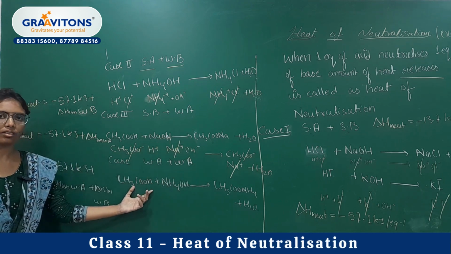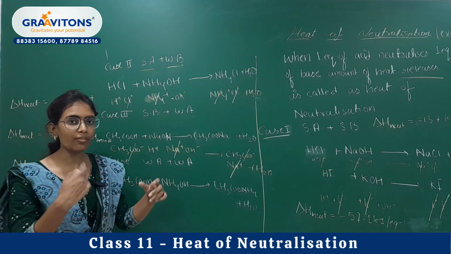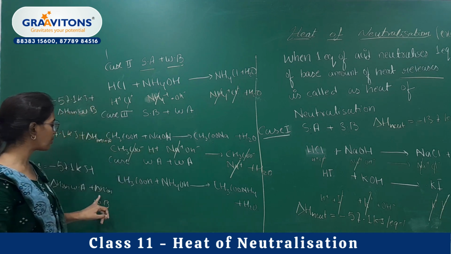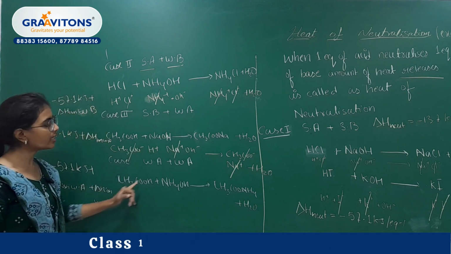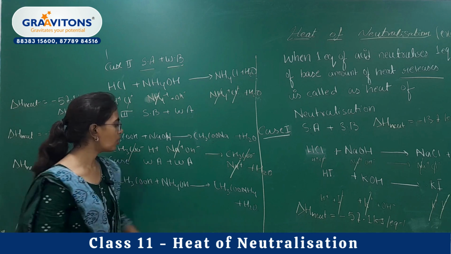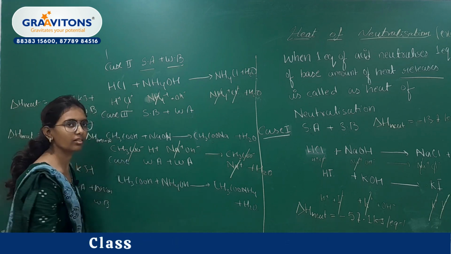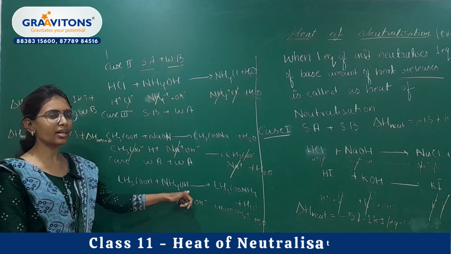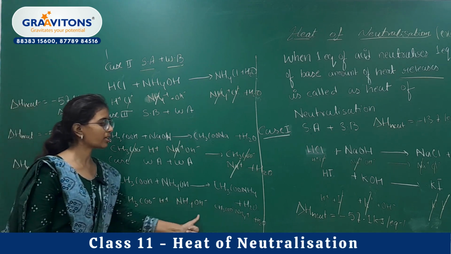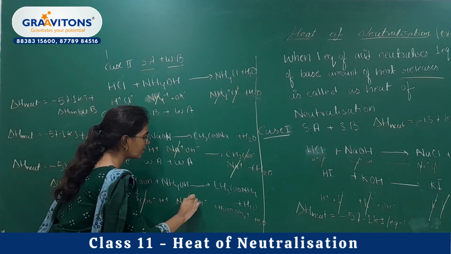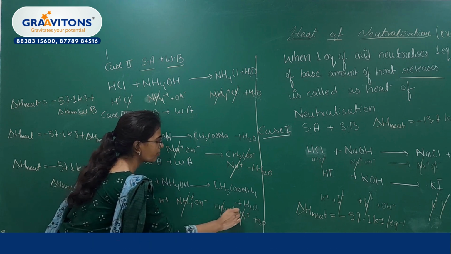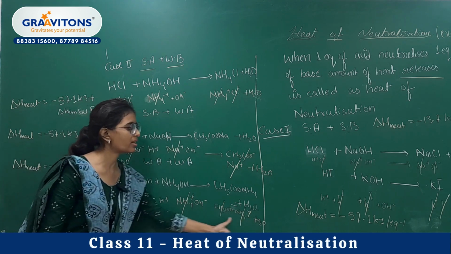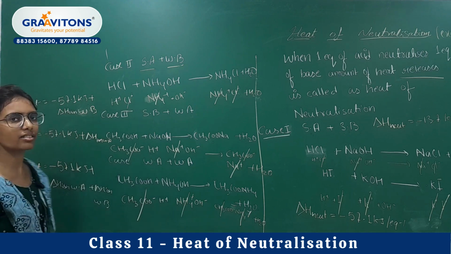Because the weak part is not a strong electrolyte, you have to provide the energy to dissociate it. You are providing energy, that is endothermic, so we have to add that energy. After providing the ionization energy of the weak acid and weak base, they get dissociated completely. Now we can cancel the anion and cation with the salt, and the ultimate reaction will be H plus OH minus giving out water. So these will be the formulas. Thank you.